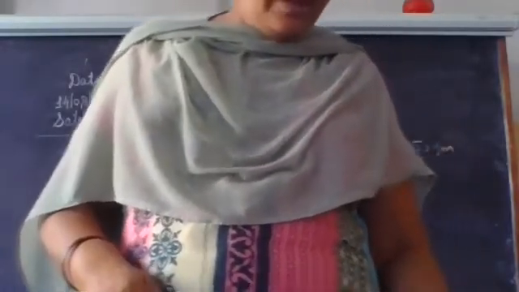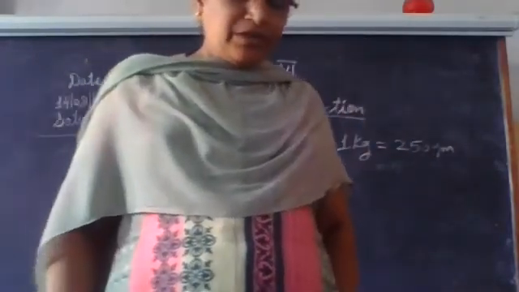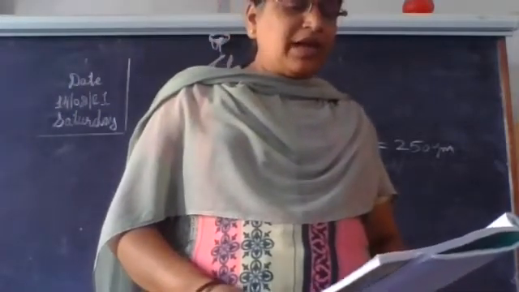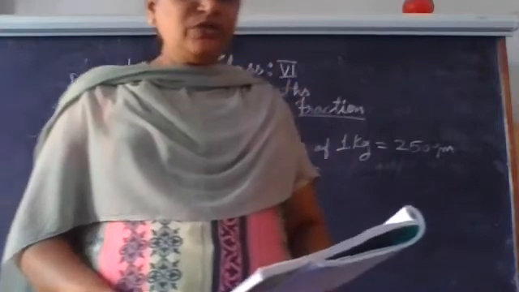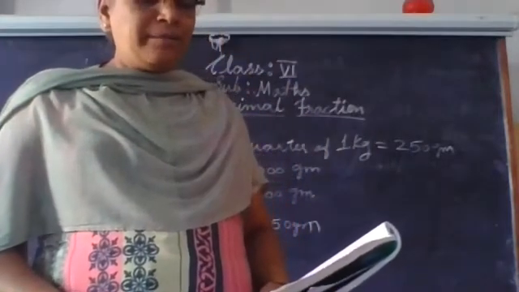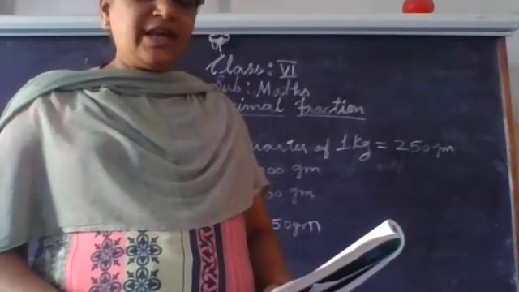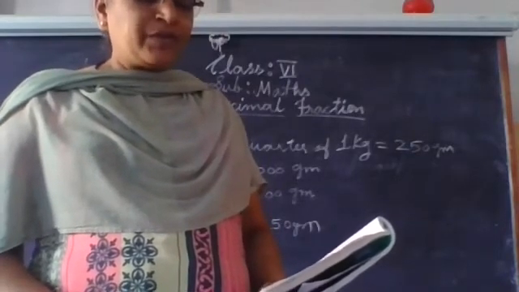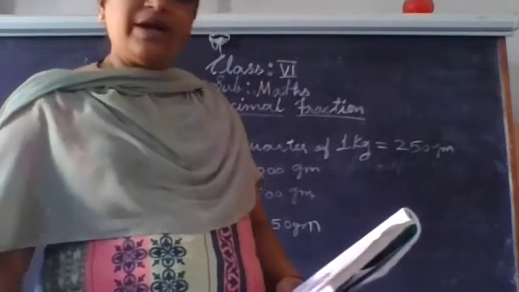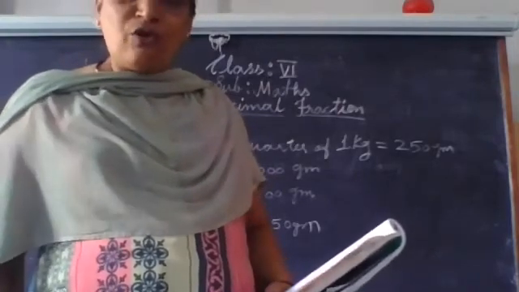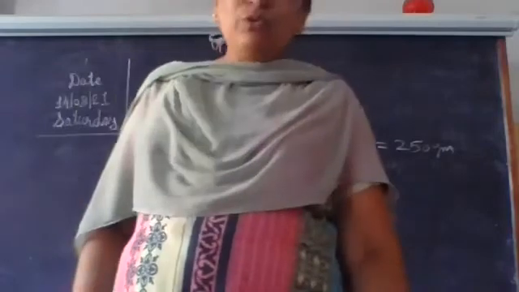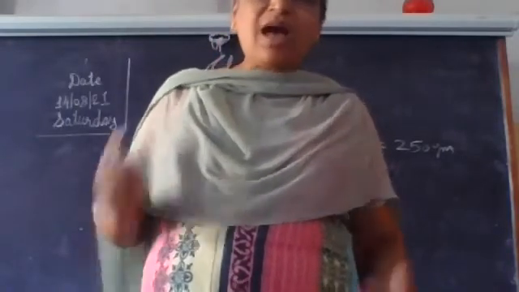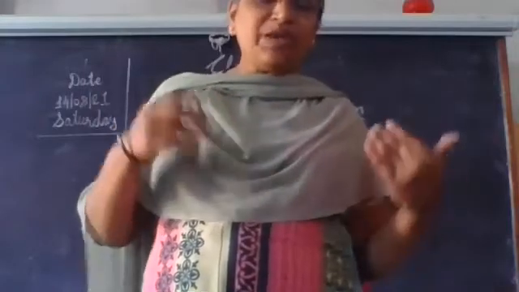Now let us see, beta, some questions on it. It is given in your book. Addition and subtraction. Nandu went to a shop to buy a pen, notebook, eraser and paint box. The shopkeeper told him the prices. A pen costs 4.5 rupees. 4.5 rupees means rupees 4 and a half. Half means 50 paisa. Half of 1 rupee means 50 paisa.